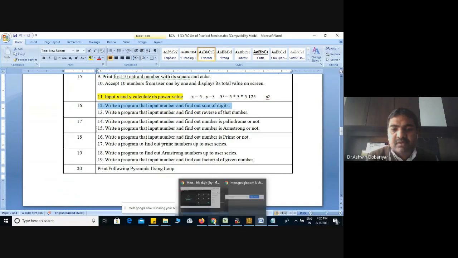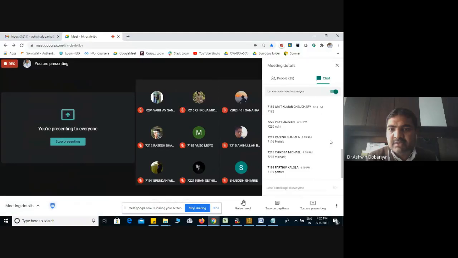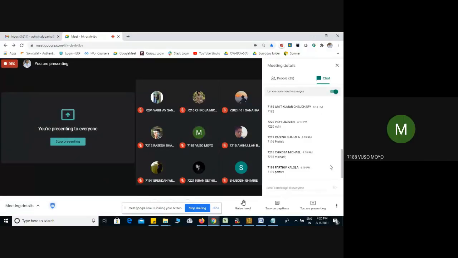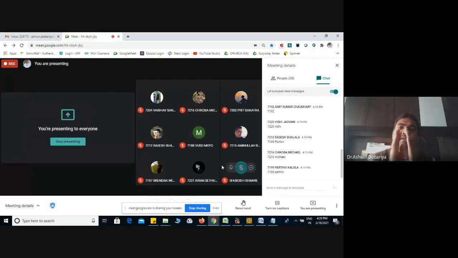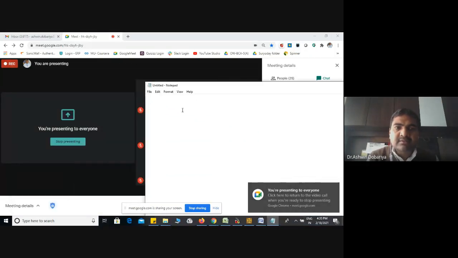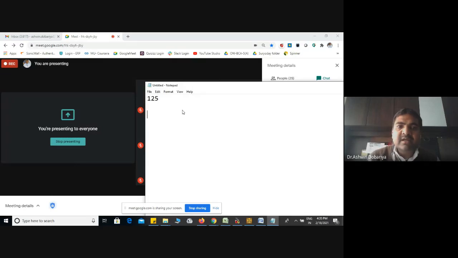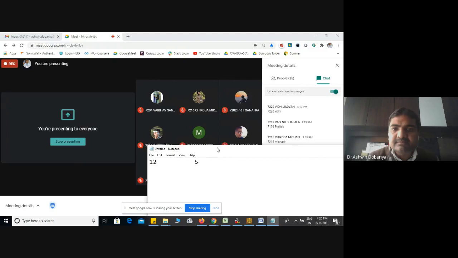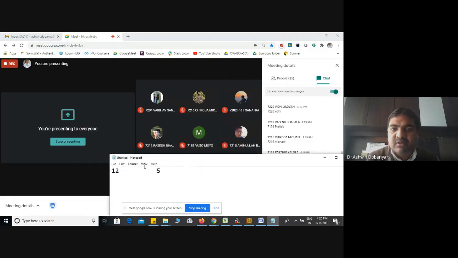Are you aware of how we can separate a digit? If I input 125, then how can we separate this 5? What is the logic? What do we have to do with this number?